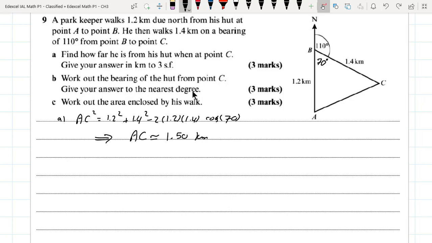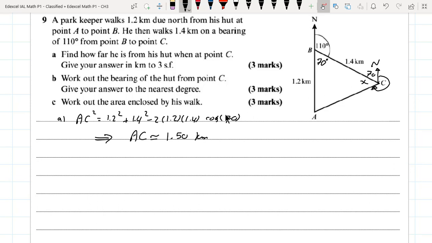B, work out the bearing of the hut from point C. From point C, this is the vertex and this is the hut. The required is to draw the north at first. This angle is required. Give your answer to the nearest degree. Since this angle is 70, this is also 70, alternate angles, and from this triangle we can get